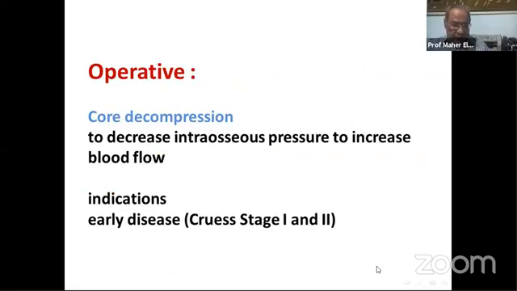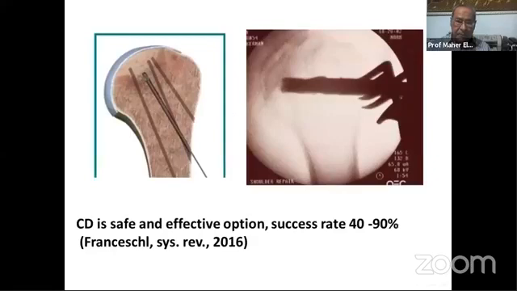Operative. Core decompression to decrease intraosseous pressure and increase the blood flow in AVN of the hip. The indication is early disease, Ficat stage 1 and 2. It works best in the early stages. Core decompression is a safe and effective option, with a success rate ranging from 40 to 90%,